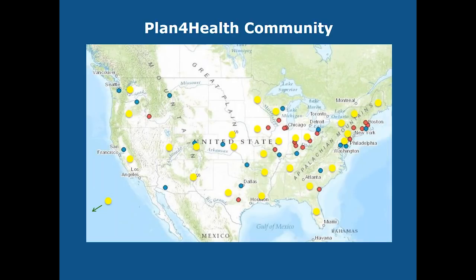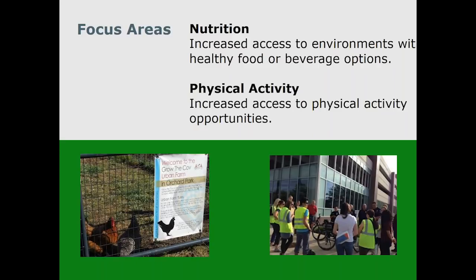And with that in mind, the American Planning Association teamed up with the American Public Health Association on a multi-year effort called Plan for Health, where they conducted a lot of site-specific projects around the country, and also worked with 28 APA chapters around the country to help promote healthy communities. A lot of these projects focused on nutrition or physical activity, and there are a lot of great resources both locally around the country as well as nationally that you can find through those resources that Sagar mentioned earlier.